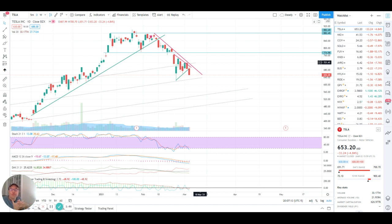So personally, I would not buy Tesla. Buying the dip is nice when the dip has happened and it's over and there's an uptrend in play. Buying the dip while a stock is going down, I don't think is a good idea, because who knows if it's going to go up again. So you don't buy a sinking ship. You buy a broken ship that has a lot of holes, and you patch those holes,